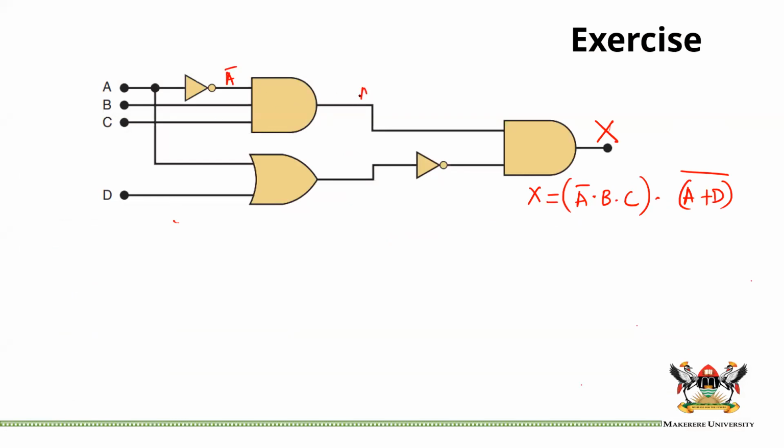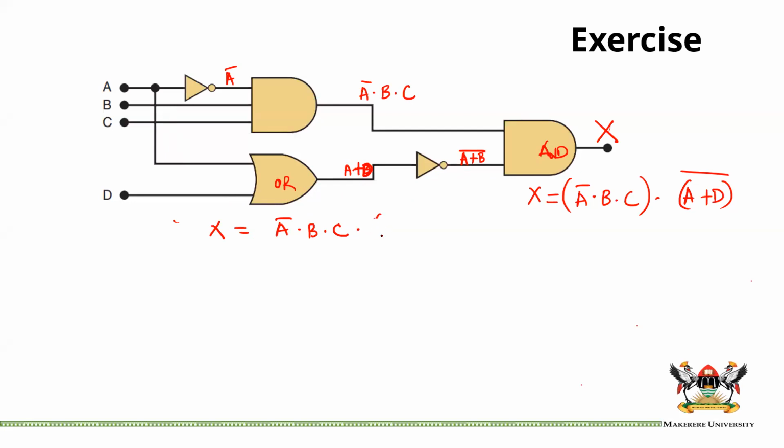So you have A inverse and B and C. Here you have A or D, because this is an OR gate. And here you have A or D, the whole thing inverse, and then you have an AND gate, and she's correct. So your output is X is equal to A inverse and B and C